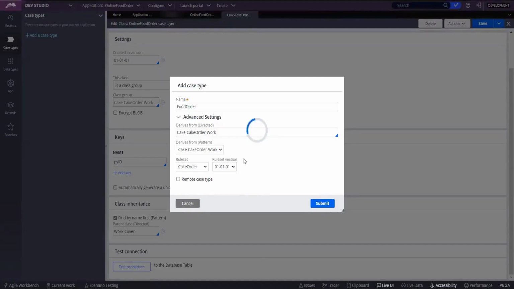It will create so many rules in the background. It will create the PE by default, data transforms, and it will create the classes and tables.